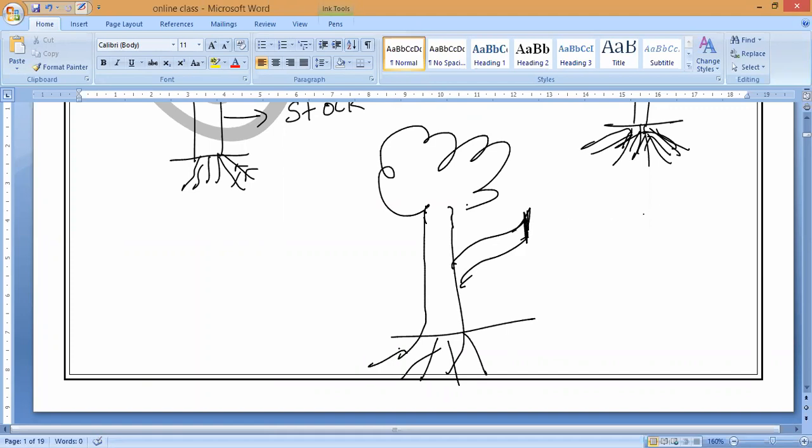Now your friend has another mango tree that gives very sweet and very big mangoes. Ask him to give one piece of stem, cut it in a slanting position, and bring it near and attach it.